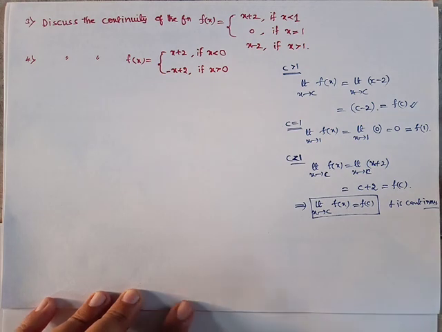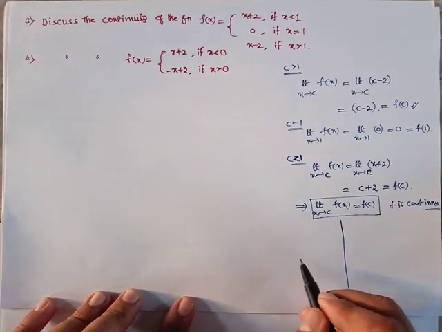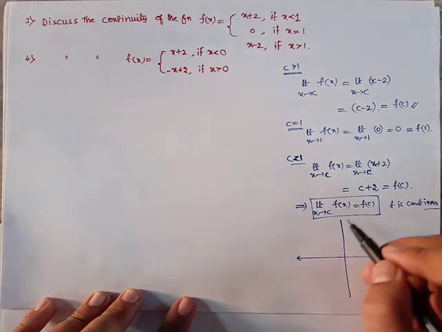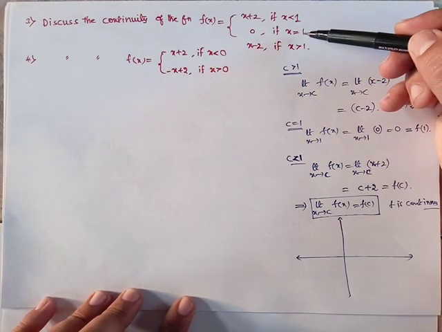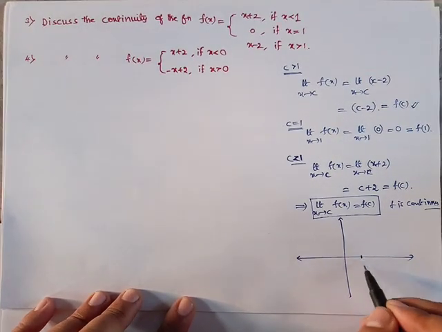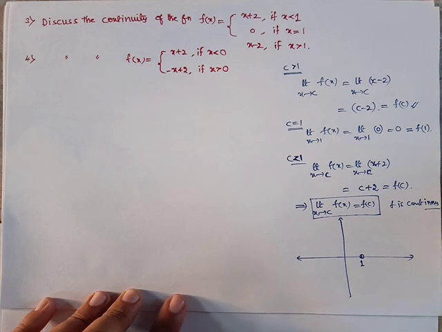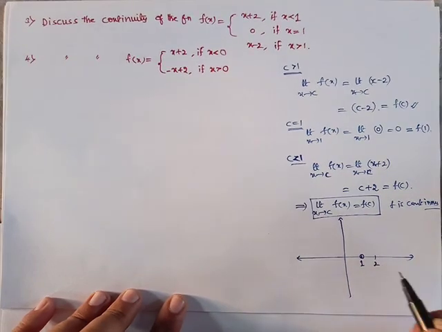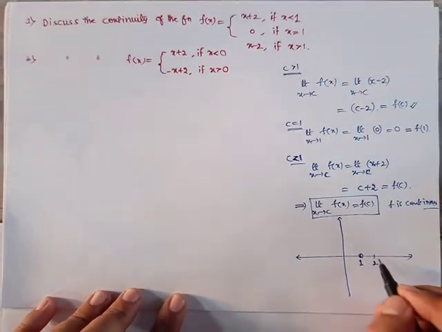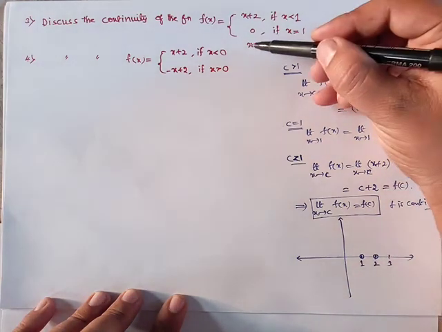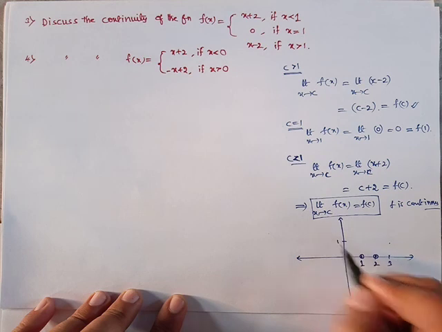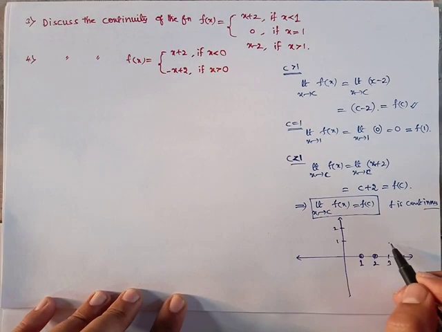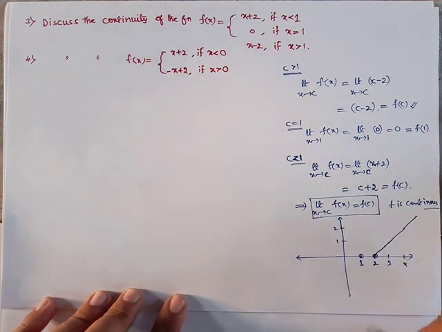And if you wanted to understand this with the diagram from the graph, at x is equal to 1 it is taking the value 0, and for x greater than 1 it is taking x minus 2. So at x is equal to 2, 2 minus 2 is 0, at 3, 3 minus 2 is 1, and at 4 it will take 2, and so on. So like this it is going to take. Join all these points, and it will be your graph of x minus 2 when x is greater than 1.